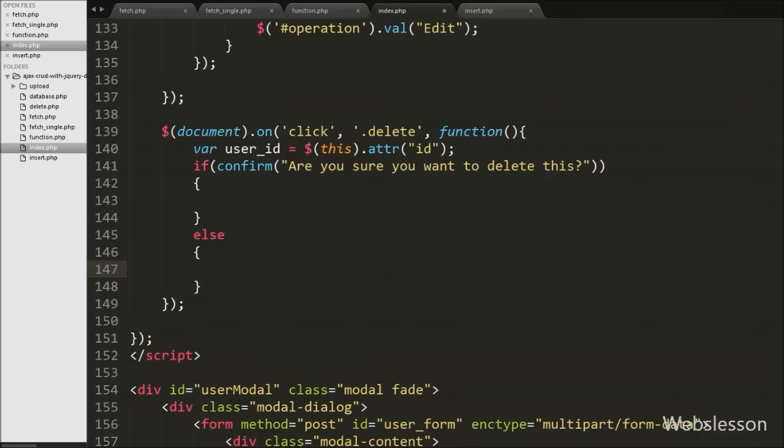If we click on the Cancel button, then it will execute the else block of code, and under this block we write return false. So when we click on the Cancel button, no action will be performed. But suppose we click on the OK button, then it will execute the if block of code, and under this we